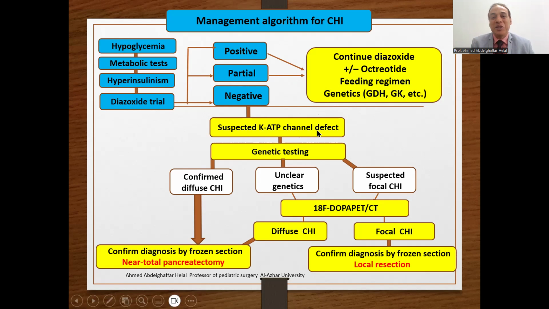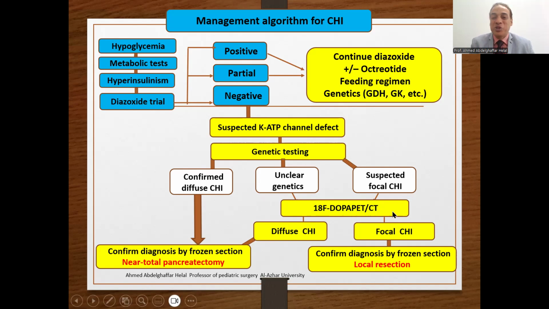Suspect potassium ATP channel mutation or defect, and perform genetic testing. If the genetic test confirms diffuse congenital hyperinsulinism, then confirm your diagnosis again with a frozen section intraoperatively and perform near total pancreatectomy. If the genetics are unclear or a focal lesion is suspected, then perform imaging with the isotope